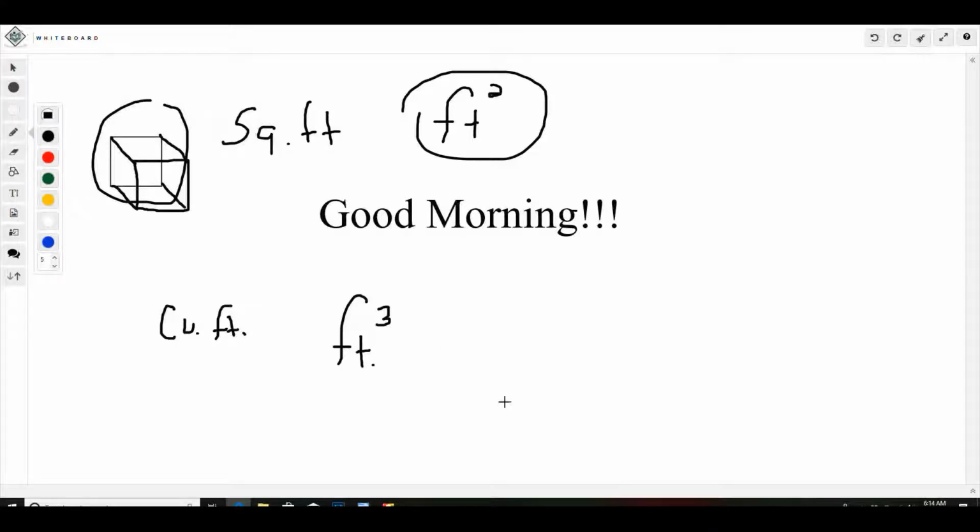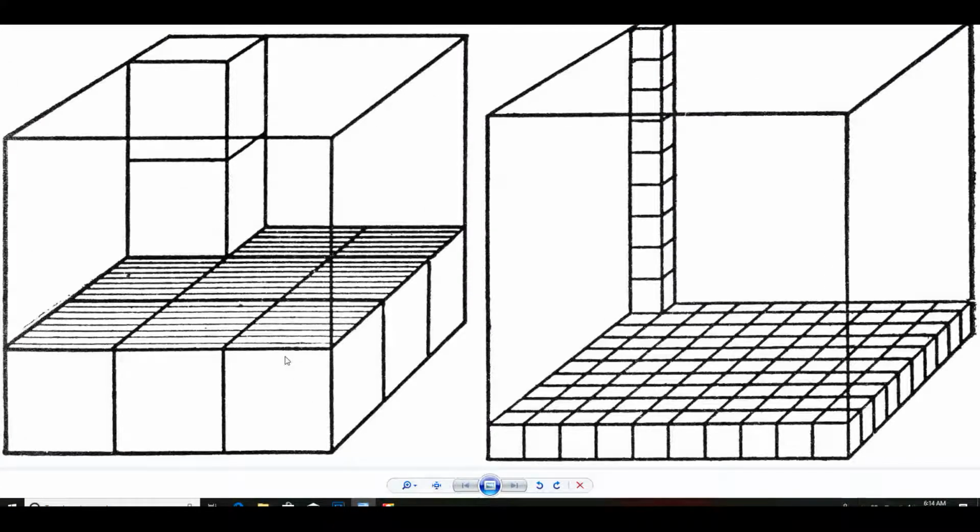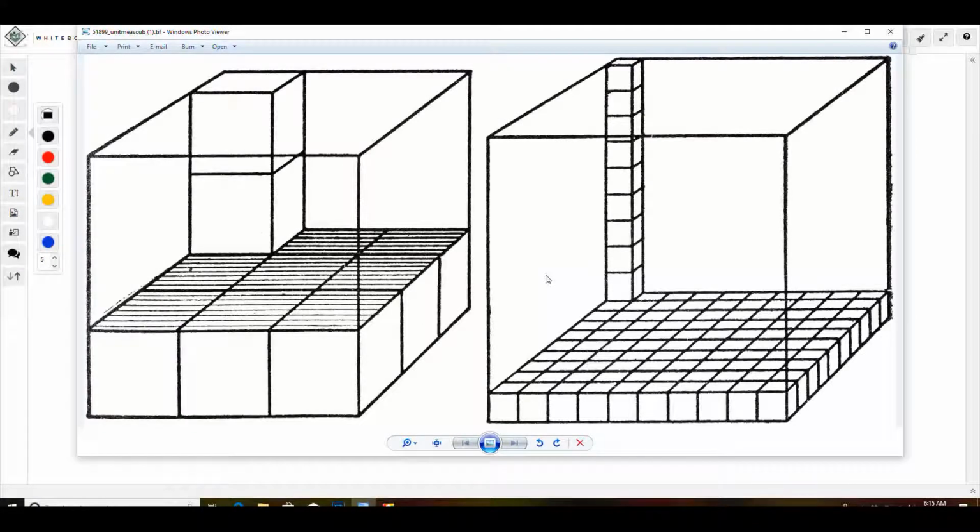and measuring the number of unit cubes that fit inside the solid object. So I found this picture that might help us. I'm sorry, it's kind of big. Let me get it down just a little bit. So I found this picture online. It kind of gives you a little view of what